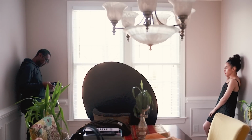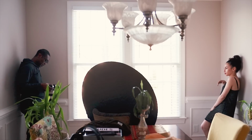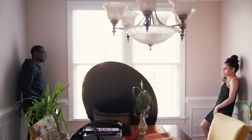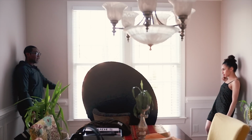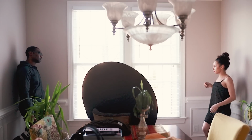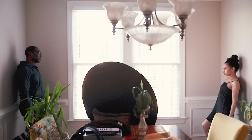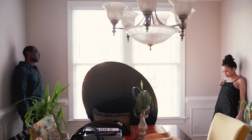So what I would say is, when you're taking a shot and you're trying to go for a particular look and you're not really feeling that look, try switching up. If it's the pose, try switching the pose. If it's the light, try switching the light. Those are the things that I did to help me with this second setup. Just simply moving the subject and changing the light helped me to really love the shots that I was seeing